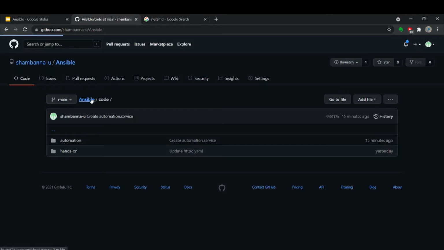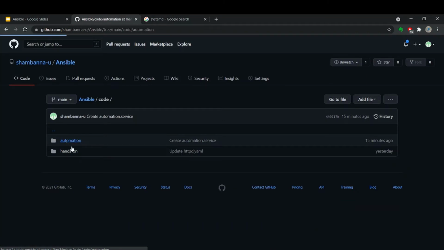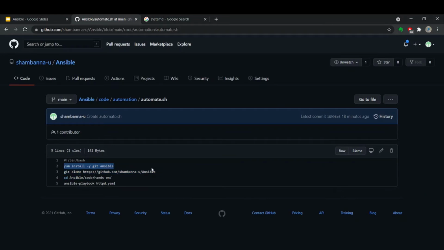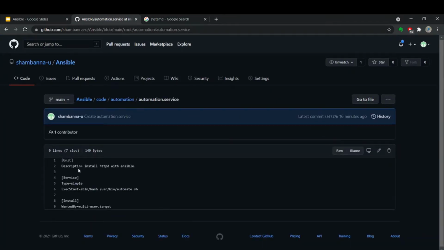Inside code, in automation we have one script which will get this playbook and run it. And we have a systemd file, which basically runs this file.